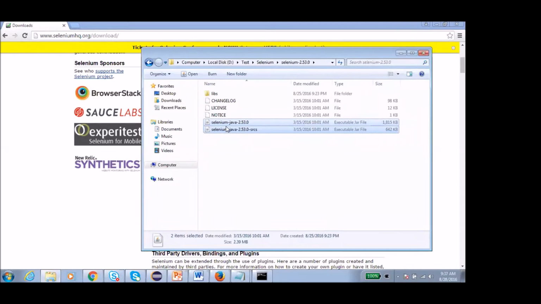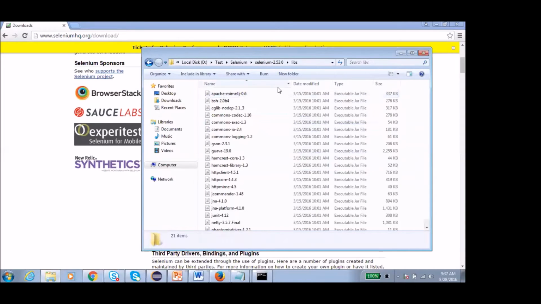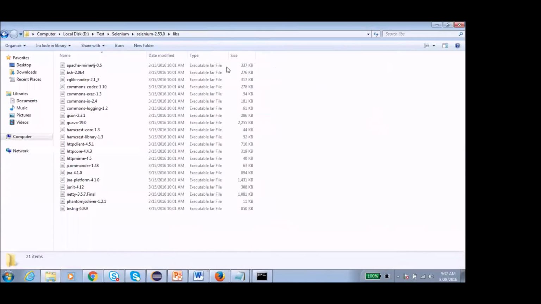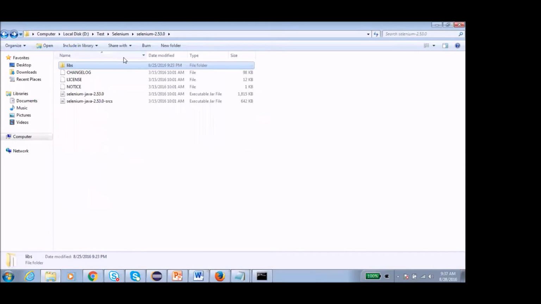These two jar files are very important. And inside the libs folder, we have multiple jar files. See, 21 items are here, 21 executable jar files. So we have to copy all these jar files into our project solution. We will see how we can do this.